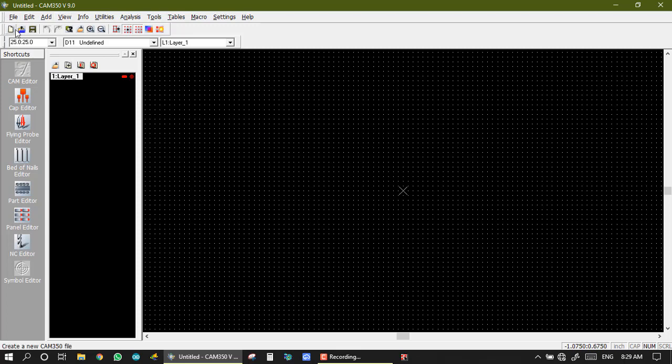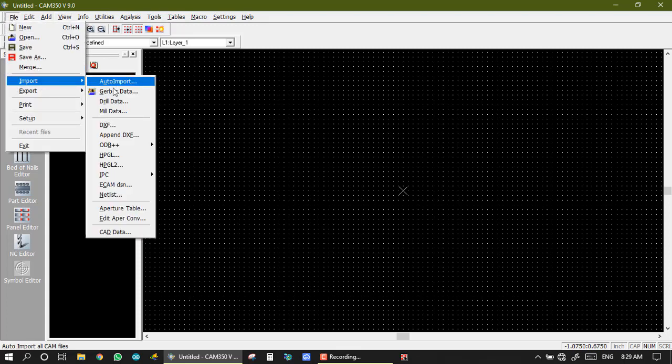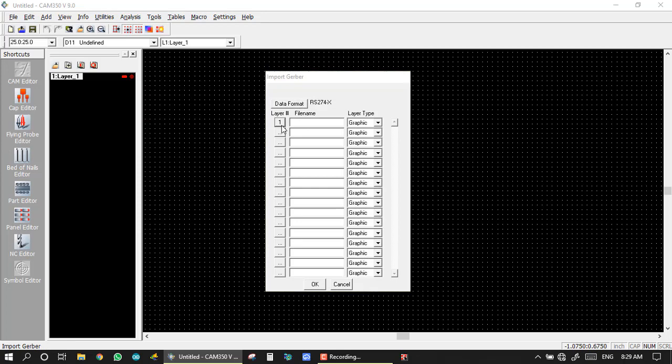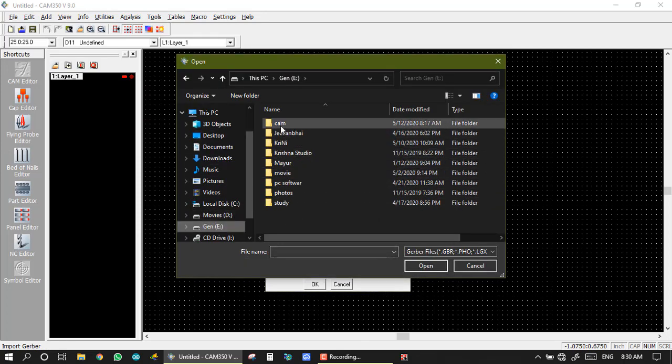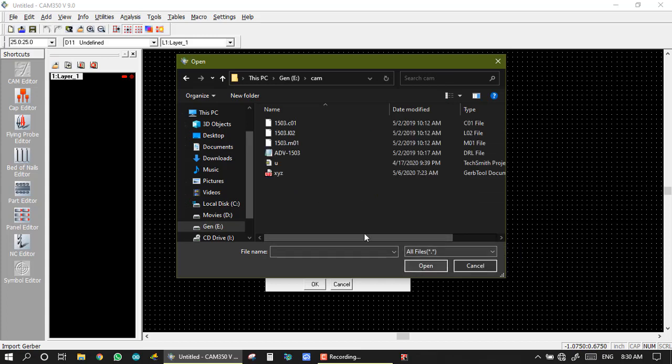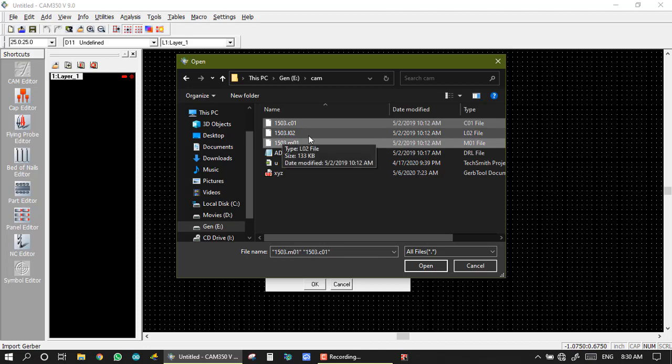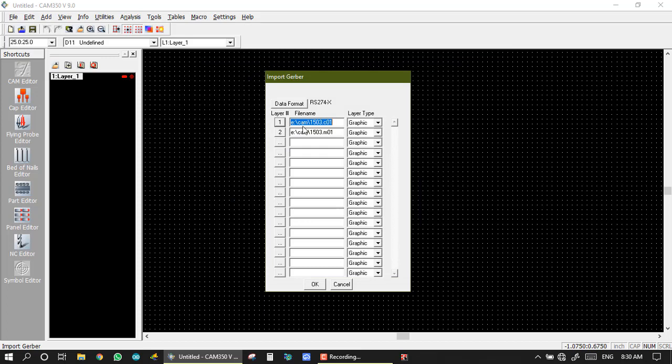So first I am going to File, Import, and Gerber. I set the path of my Gerber. Here we have a single set job, so we take this single set job two times to make a double set. So for the top, click the copper layer and masking layer, just two layers, copper layer and masking layer. I don't take the legend layer because it's not required in a netlist. Set, this is my top layer, and for the bottom layer, I also take these layers once again.